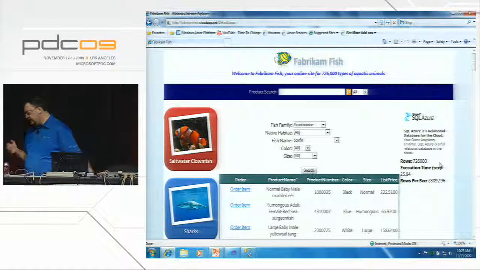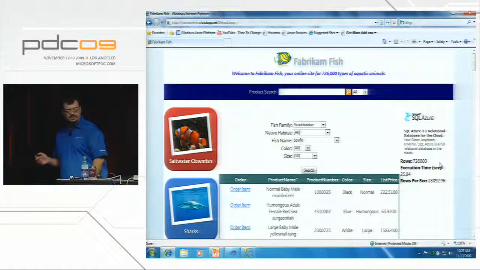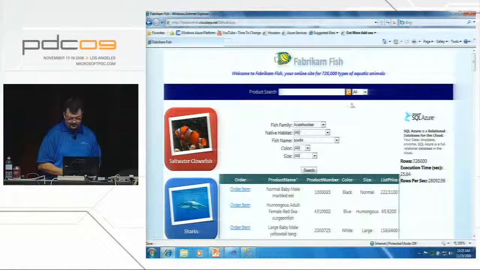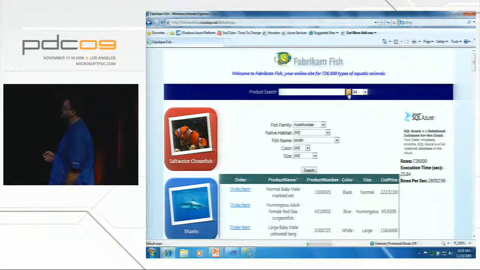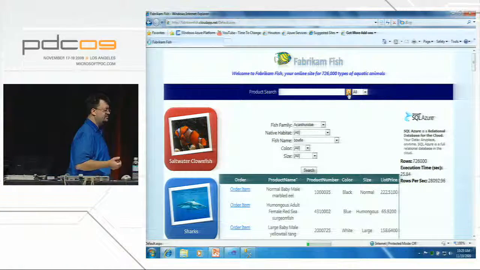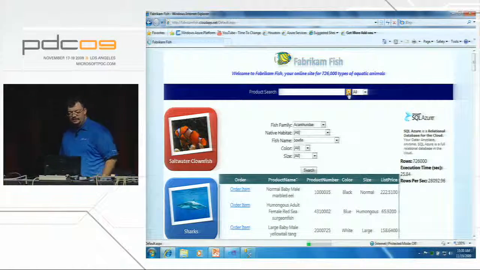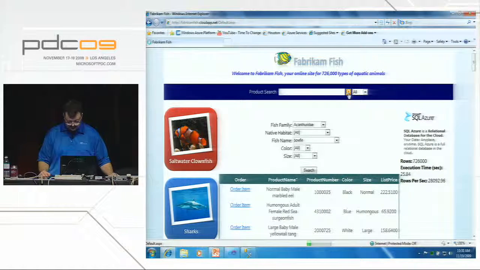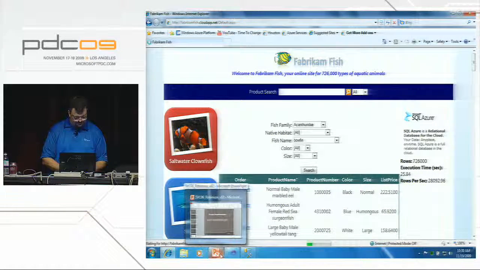But now that we've seen that it came back, we pulled back from SQL Azure into our middle tier 726,000 records. It took 25 seconds, and I'm going to run it again just to see if we can get a better time. But even at 25 seconds, it was doing 28,000 rows a second, which is pretty good throughput if you think about it, because we've harnessed the power of multiple machines, multiple sets of CPU and IOPS, to get better performance from our application. So let's give this one more second, and we'll come back to this because I have a feeling it's going to take some time. Let's go back to the slides.